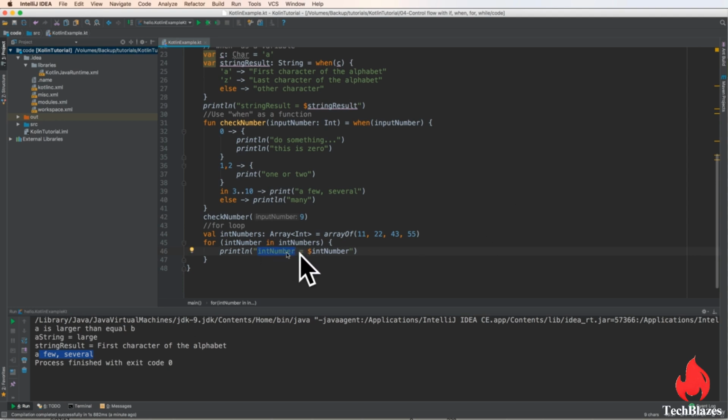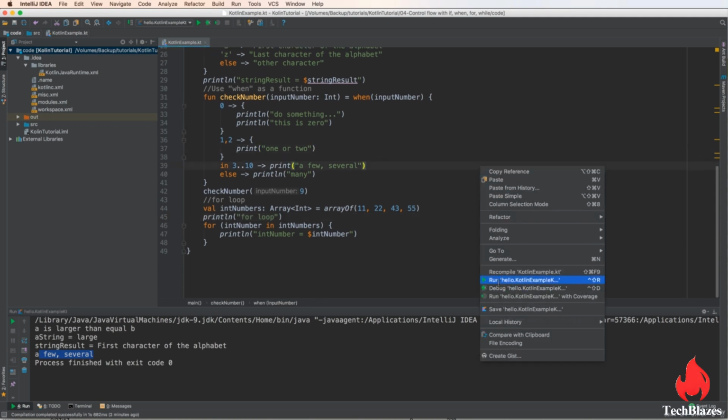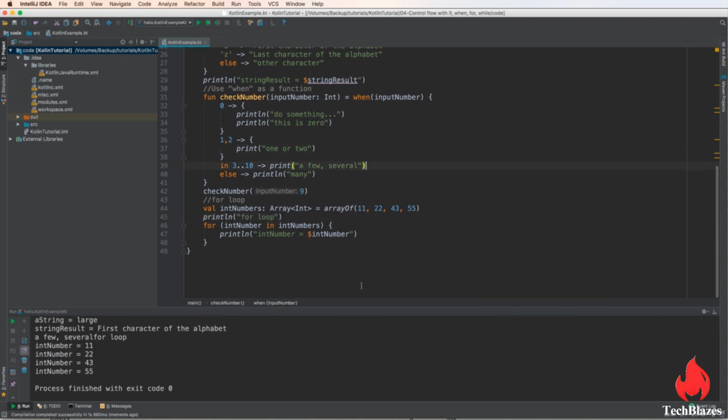So let's start by printing this and use a dollar character. Let's run. Okay, and I see that this is the value of each of the items when you use a